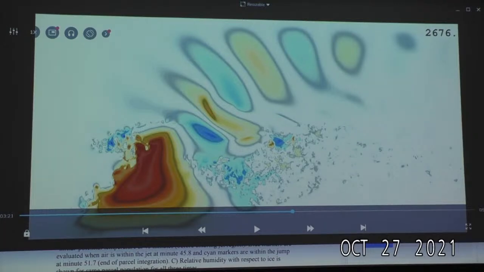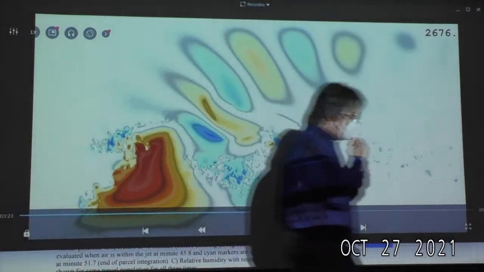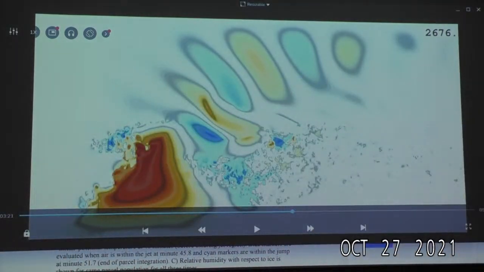So at least when I think ahead about where we're going to go from here, we need to explore this parameter space of when you get AACPs and when you don't. That's one of the things, because right now the operational folks are desperate for any nowcasting tool they can have for tornadoes, and AACPs are potentially useful.